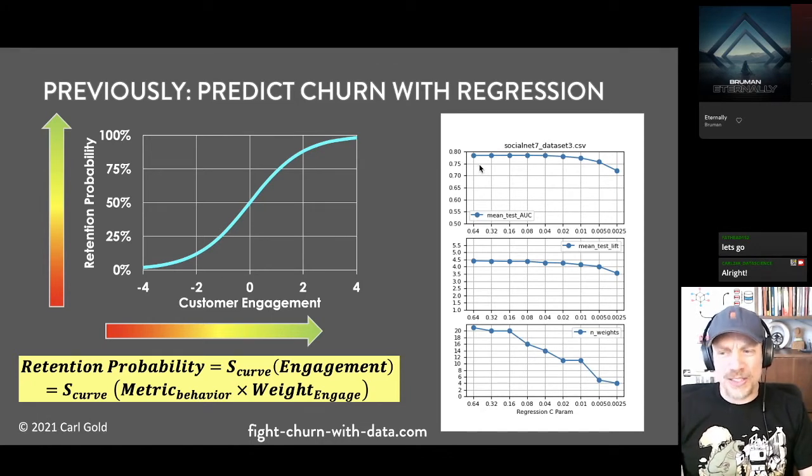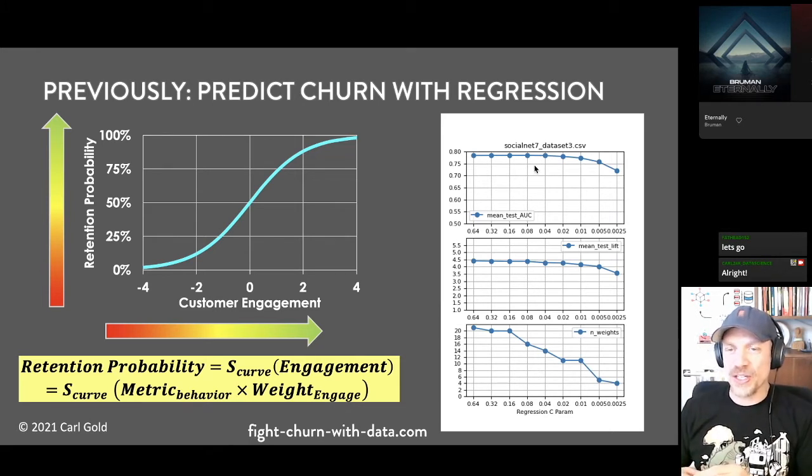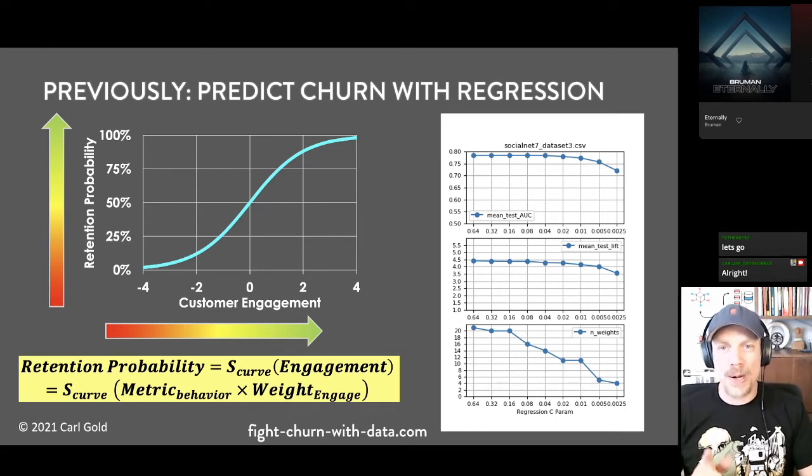We also looked at this chart on the right, which shows you the cross-validation of the logistic regression model. And in this case, the cross-validation consisted of checking one parameter and basically using it to get rid of the extra weights or coefficients. This bottom chart shows the number of weights or coefficients being reduced and you reduce them until the accuracy in these top two charts starts to decrease.